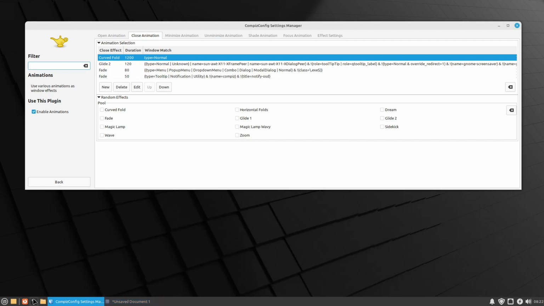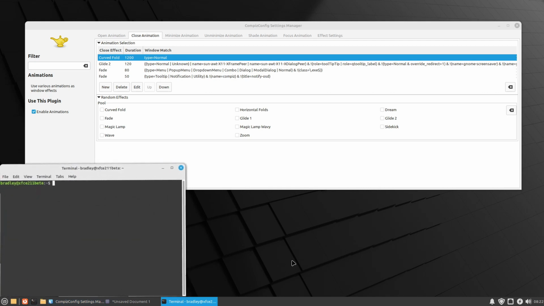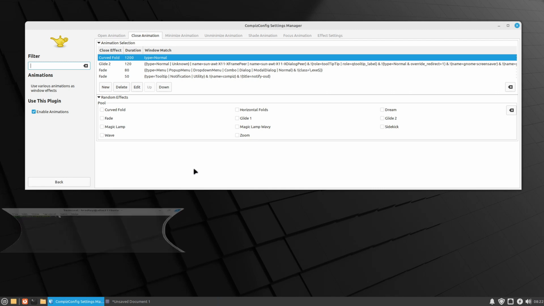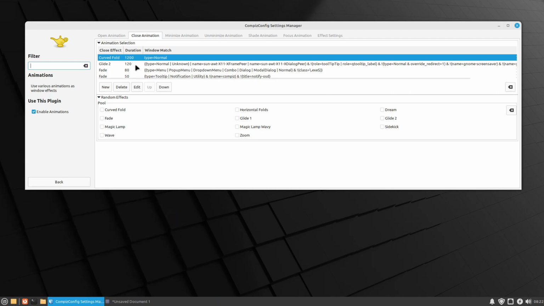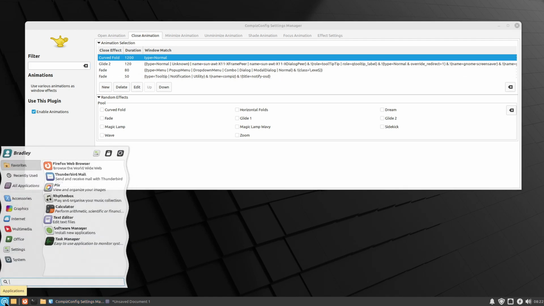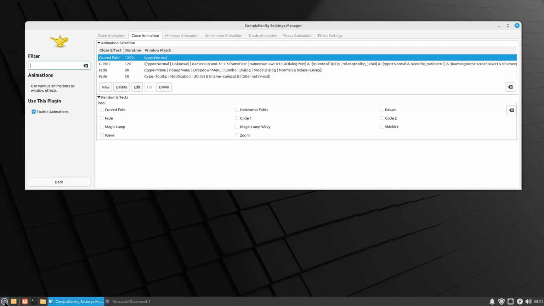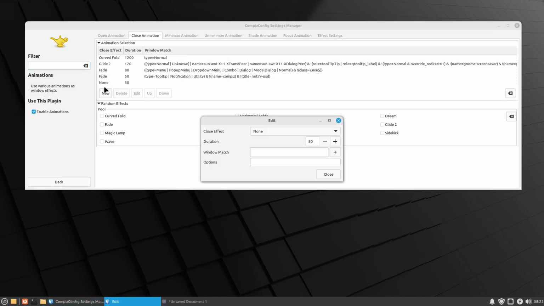So we'll open something, we get some random thing, and now we should get a curved fold. And there we go. So that's only for normal. It doesn't affect the menu. The menu still opens with whatever's on open animation, and it'll just blink out when we close it. But if we do new again,